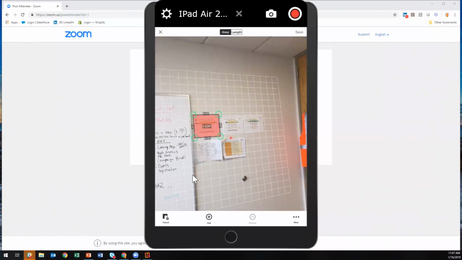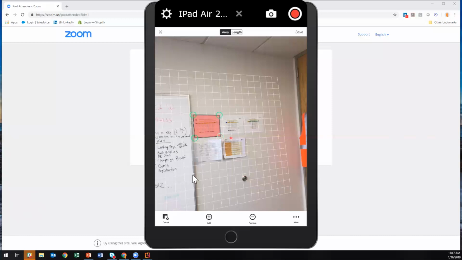And by the way, if I wanted to tune this better, I can. How do I do that? Well, you'll notice that as I move my finger around, it gives me a zoom up in the upper right-hand corner for getting that just right.